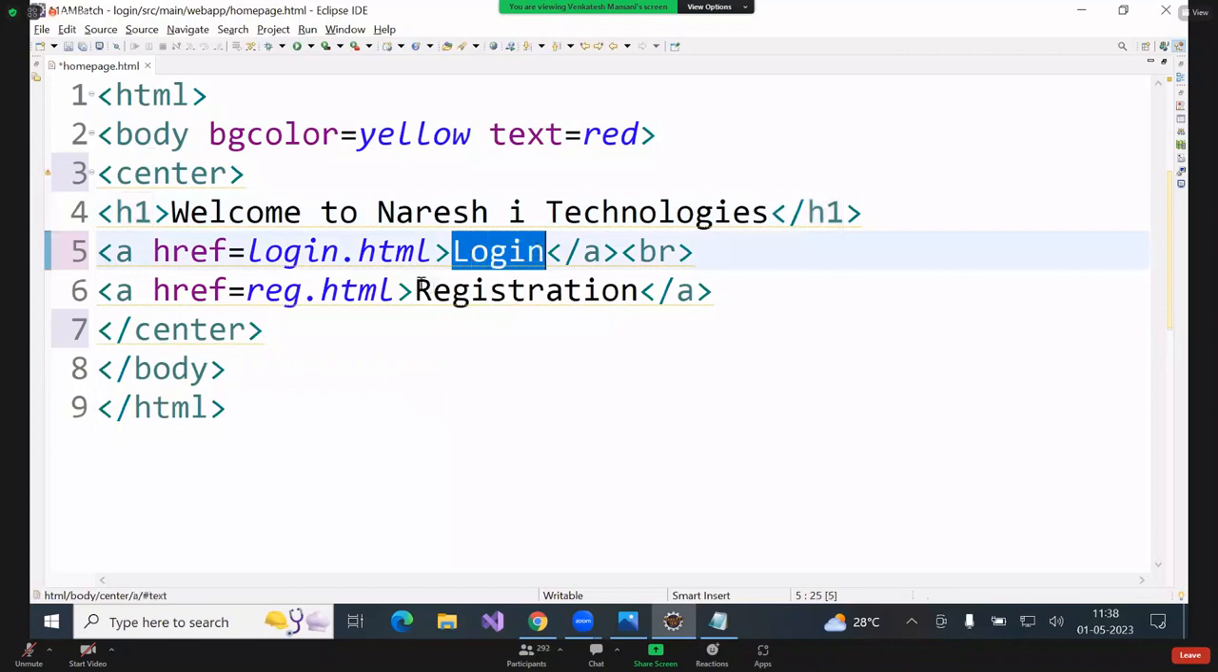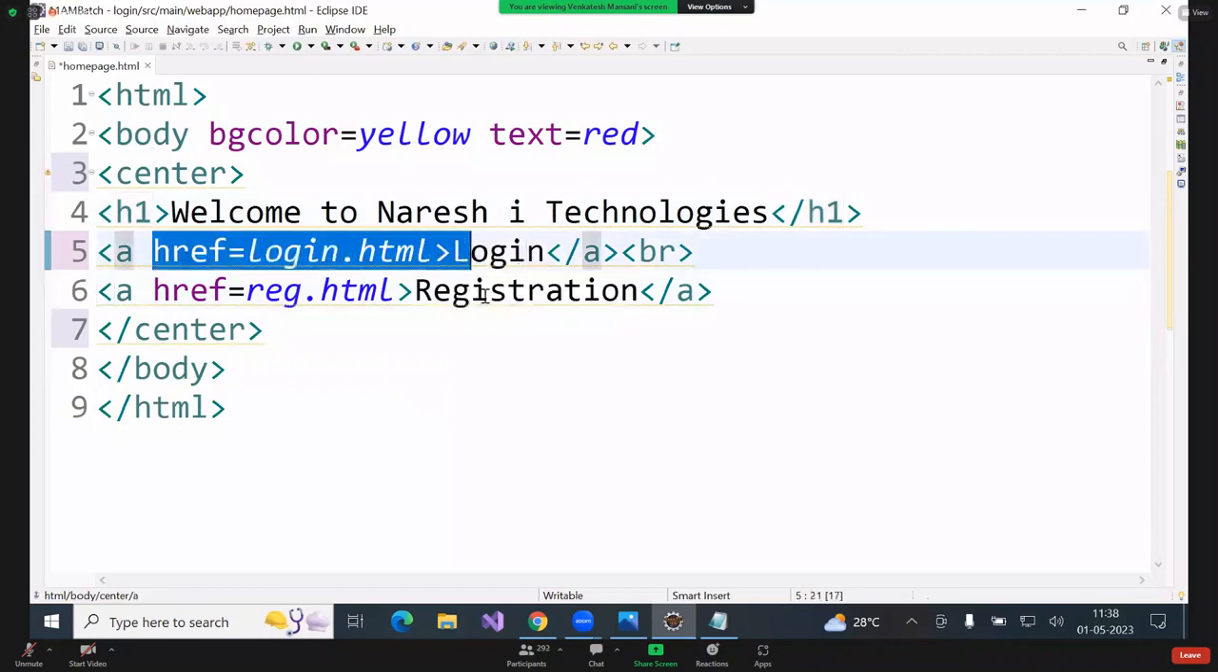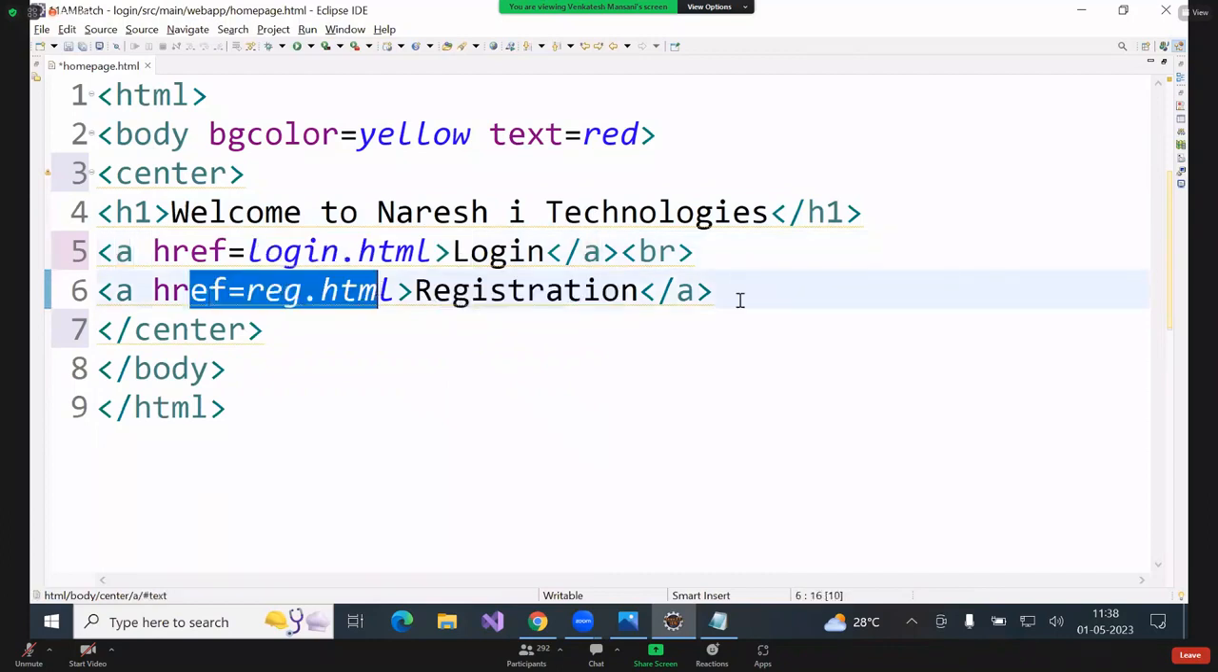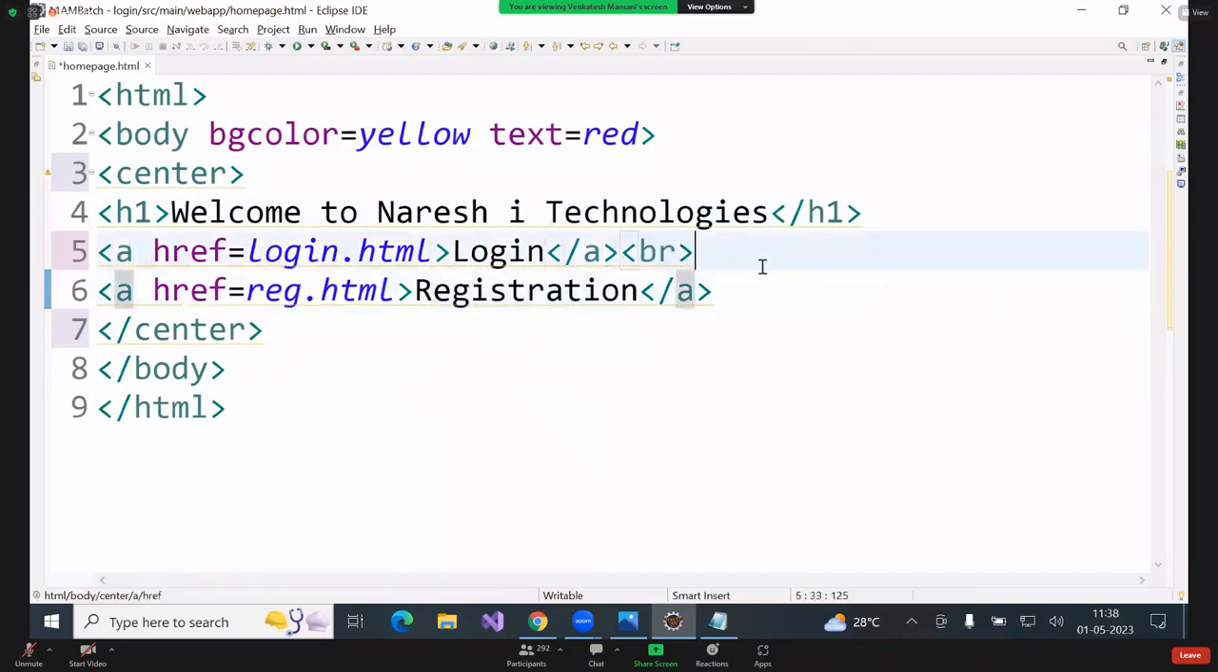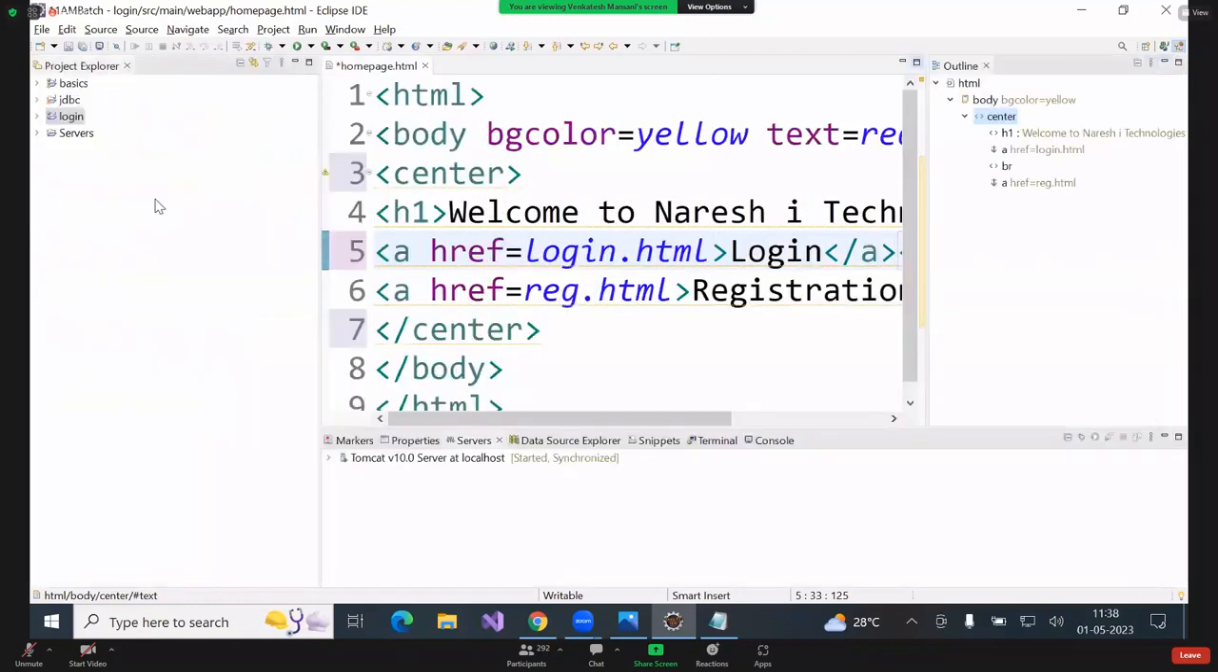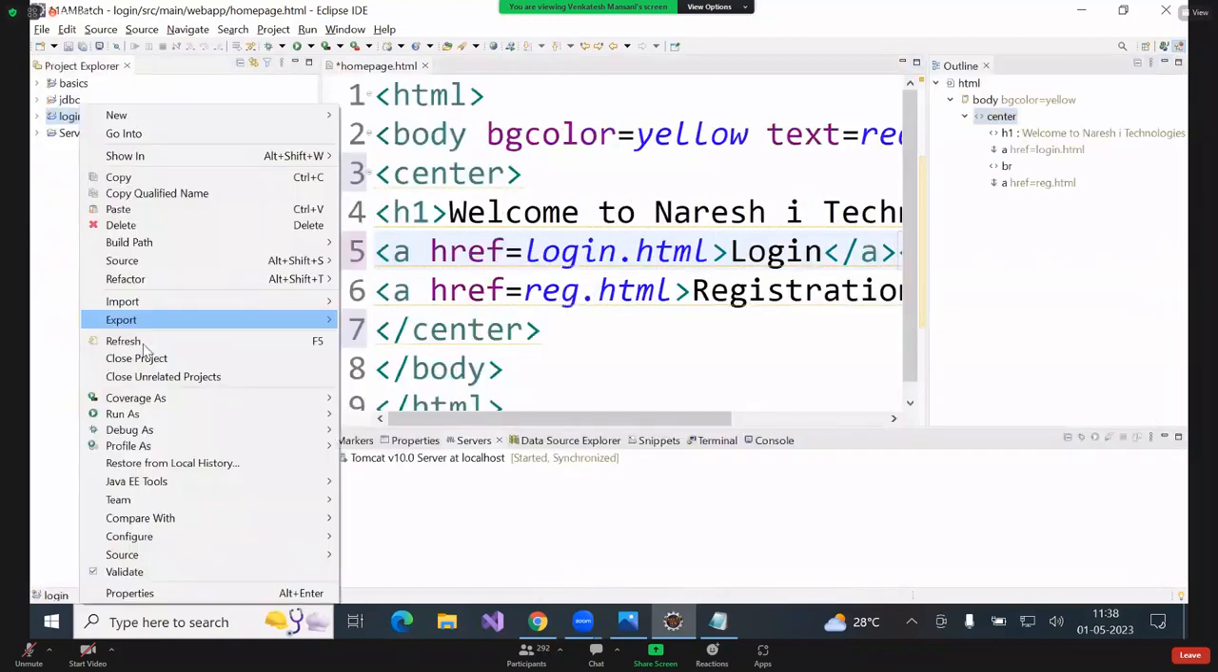A hyperlink is created here, this one is also. When you click, this program is executed. Here, break, line break, next line. See, if I run this program again,